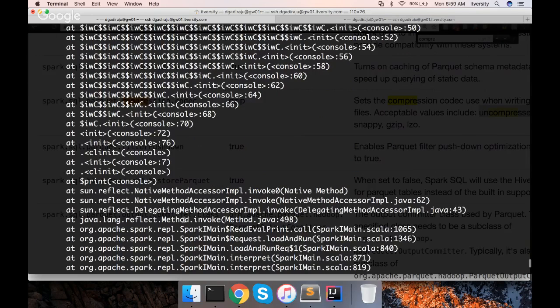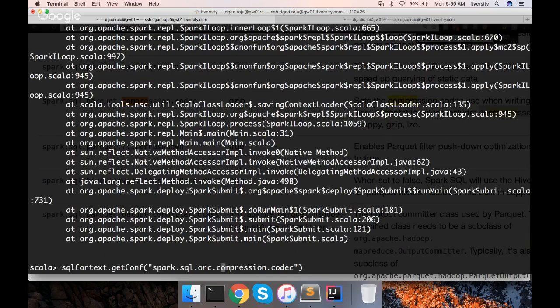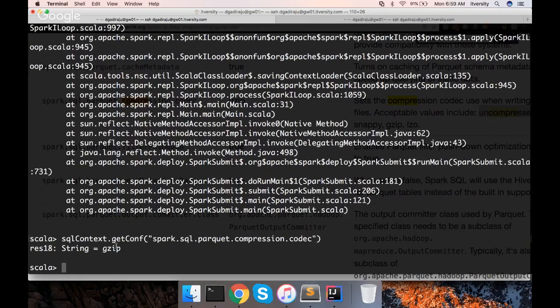So for ORC, there is no such compression codec. Only for Avro and Parquet it is available. We can say Parquet here and let us see. Parquet by default is gzip.